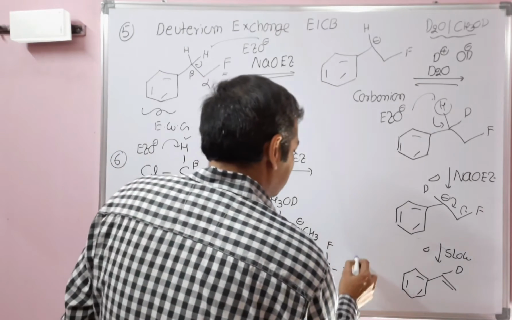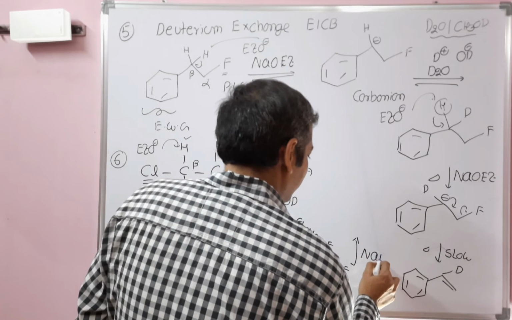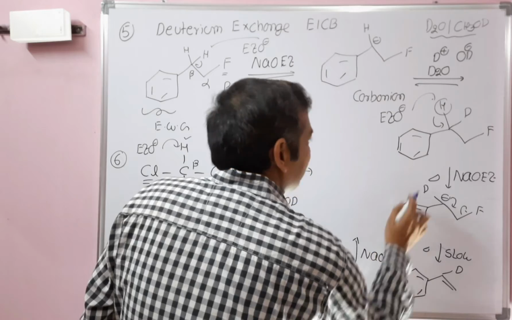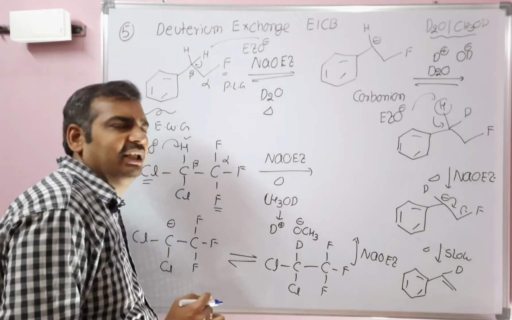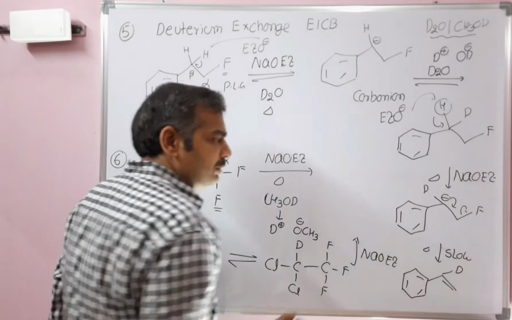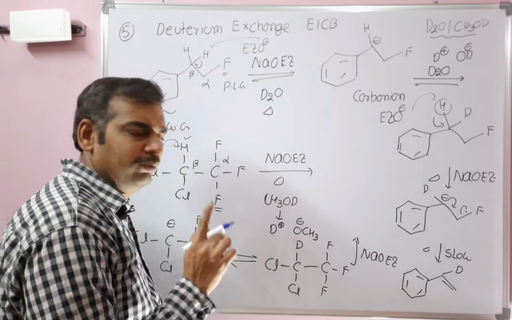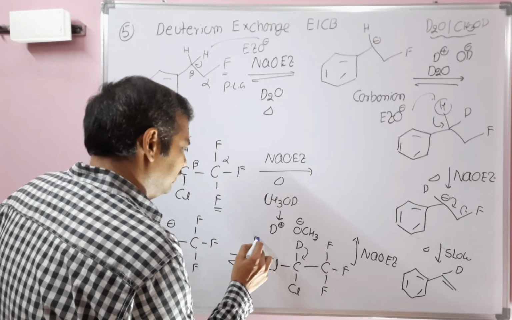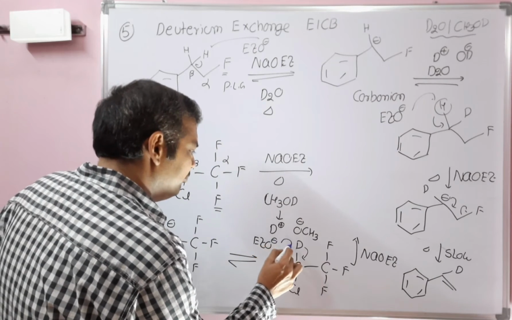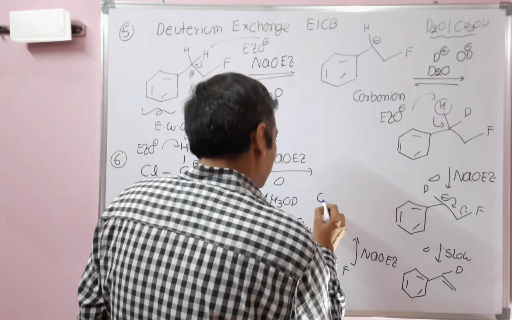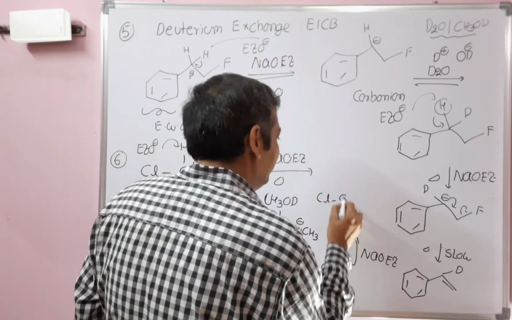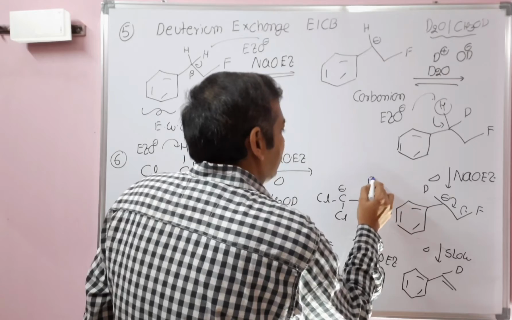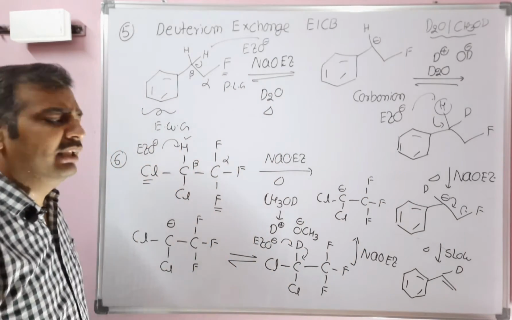After that, since we are using sodium ethoxide as a base, the sodium ethoxide will abstract a proton. In this case, one hydrogen and one deuterium are there. Ethoxide abstracts a hydrogen, but here there is no hydrogen, only deuterium. Even though the energy required to abstract deuterium is more, it will abstract deuterium to give a carbanion again. Deuterium exchange is possible, and that deuterium is again abstracted by a base to give a carbanion again.